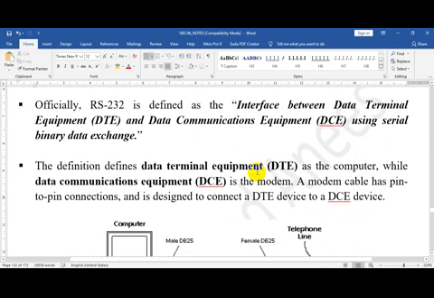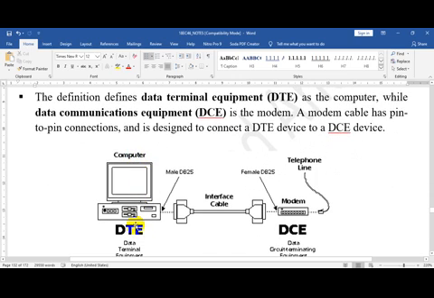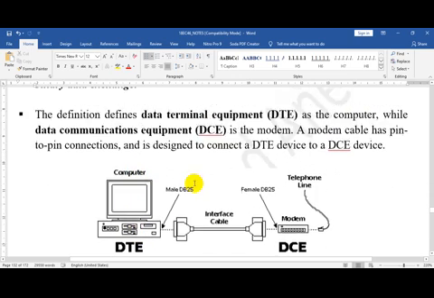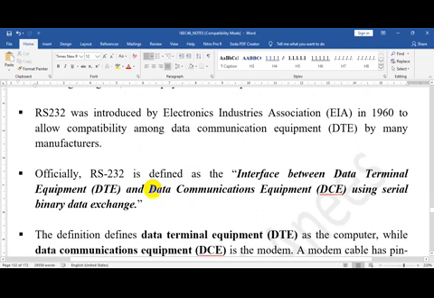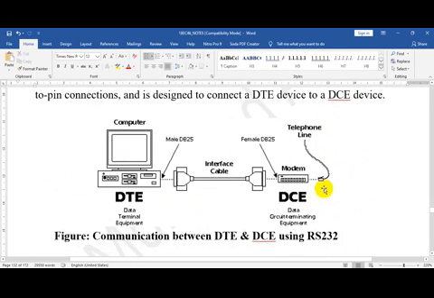There are some terminologies which RS-232 defines. RS-232 is defined as the interface. The interface is the interconnection between the data terminal equipment, normally your PC, and the data communication equipment, the other device which you connect.